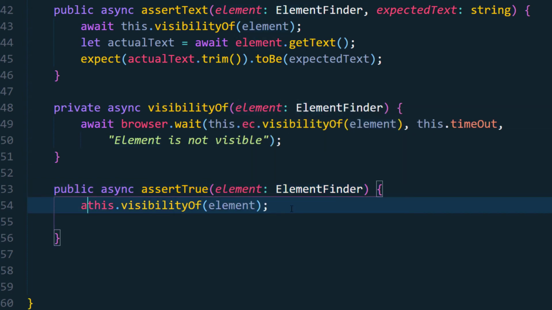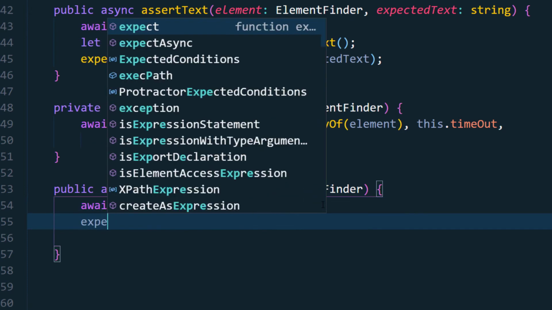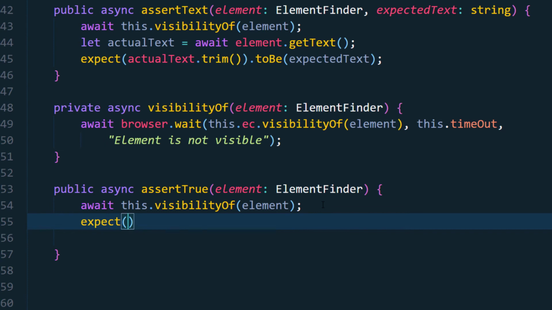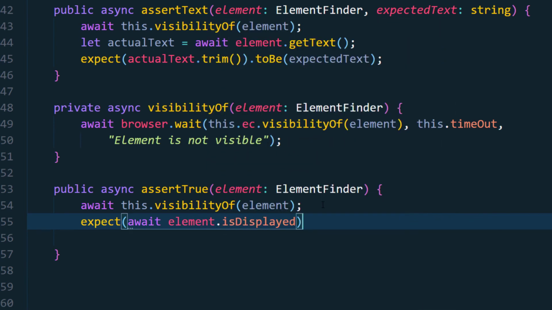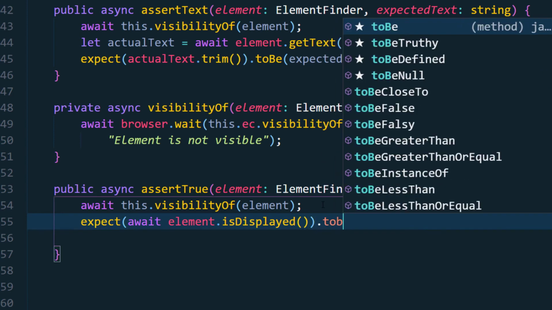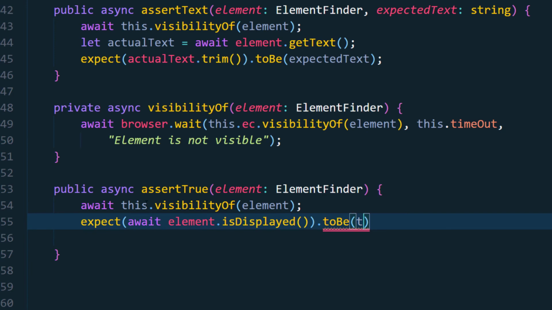Of course we have to use the await keyword because this is an async function, and then we'll say expect, and within this we'll say await element dot isDisplayed, and then we can pass toBe, and then we'll say toBe true. So what value are we going to expect?